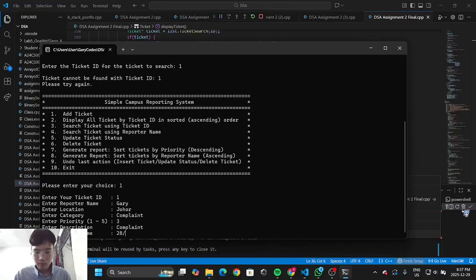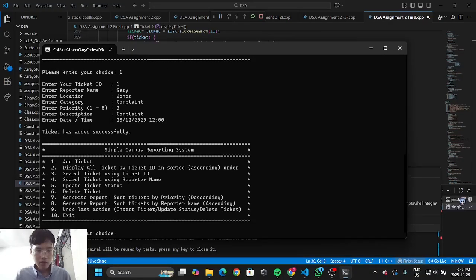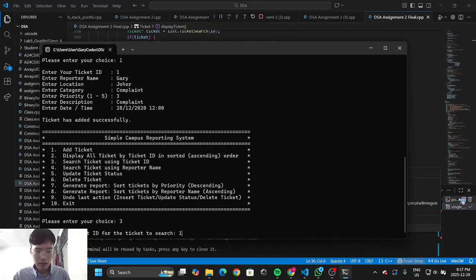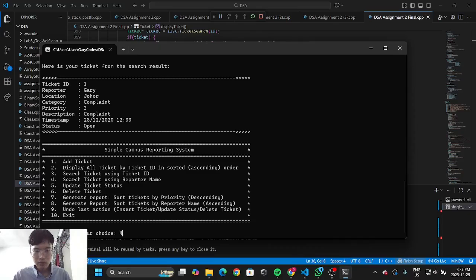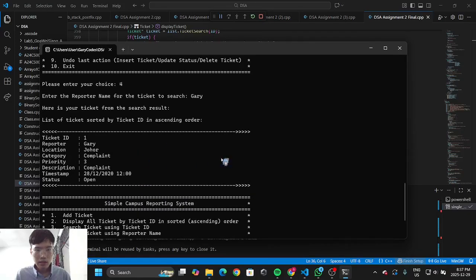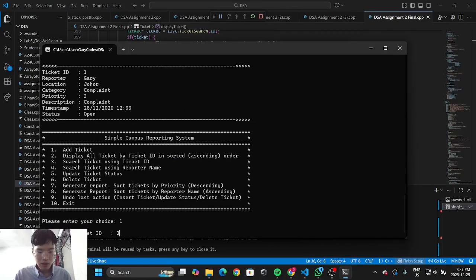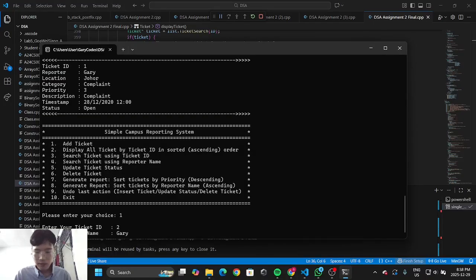And just any date now. So now let's search for that ticket, which is ticket ID 1, and we get the search result for the ticket. So when you search using the reporter name, it will also return the ticket for it. And if we have more than one ticket that has the same reporter name,